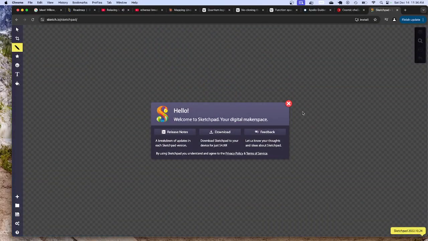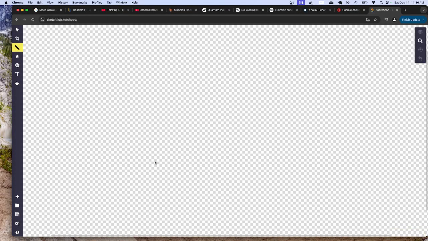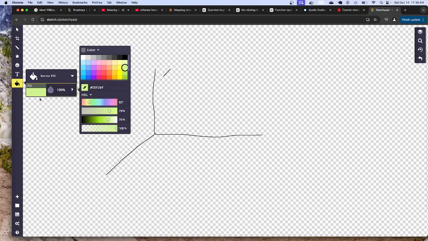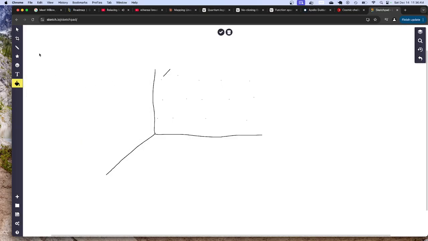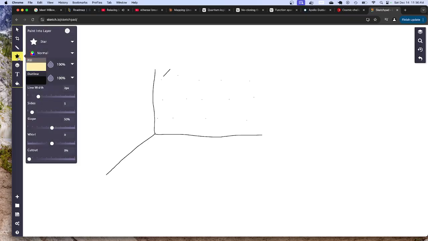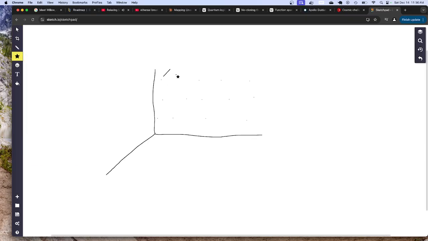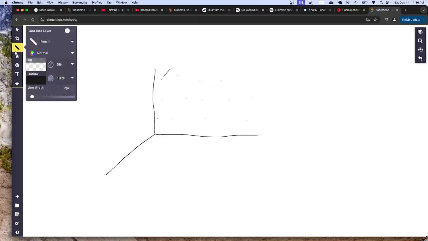Sketch.io. So the way I see it, we have a 3D space here. Alright, and let's say there's... Dude, this background is wild. There. Here, let's put a star. Okay, that's gonna take too long.